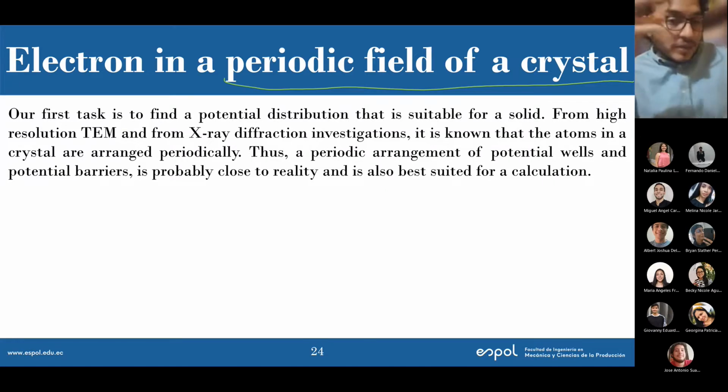Or basically, you try to represent the solid state with electrons in a periodic field. Do you guys see any connection between the solid state and trying to represent those models of solid materials,